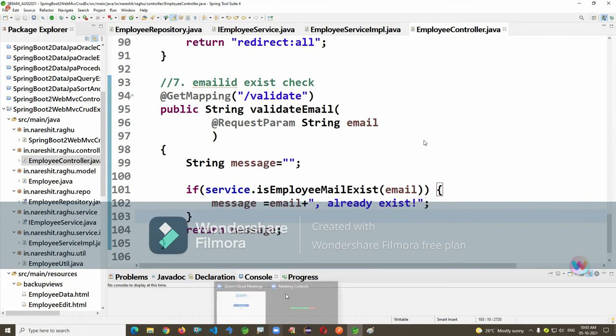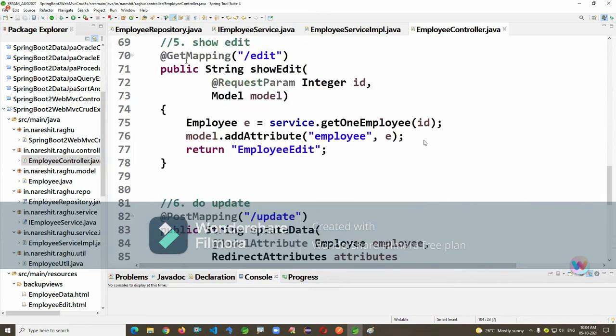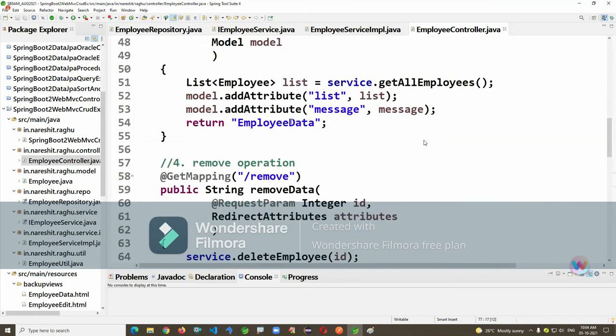Okay, observe carefully. Generally the return type will be a page name. You can see here our controller method shows a String return type, like edit.html, which is an HTML page name. So you can do employee edit.html, employee register.html.